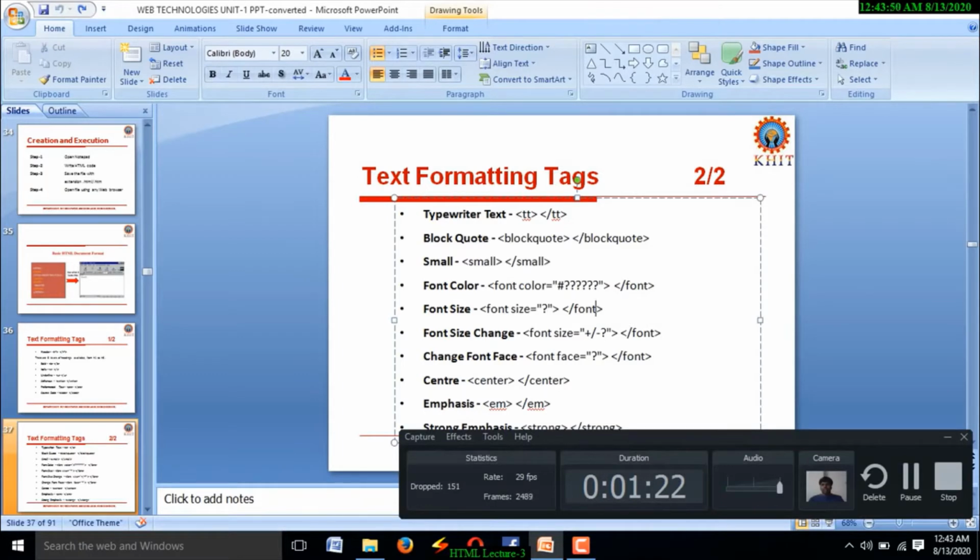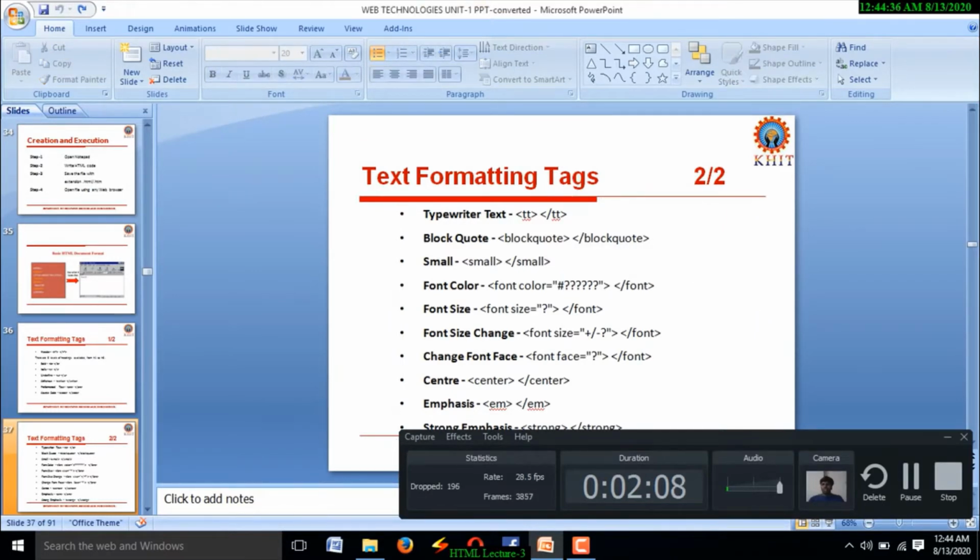Here these question marks, first two question marks indicate red color, second two question marks indicate green color, and the last two question marks indicate blue color. RGB, red, green, blue. Here hash is used to indicate the hexadecimal value. We already know the hexadecimal number system. The number system begins from 0 and ends with F, right? So instead of these question marks, we may use 0 to F.